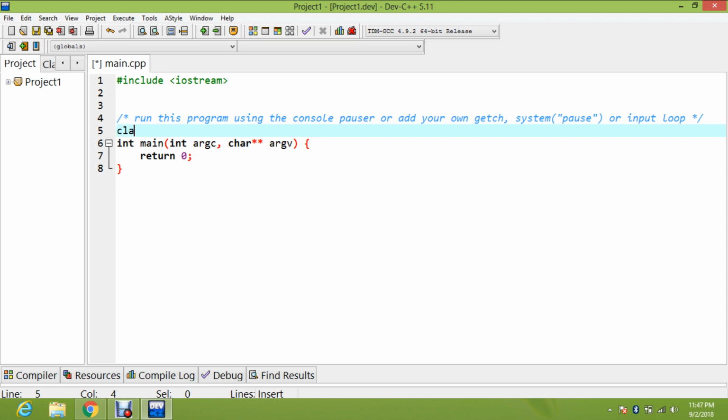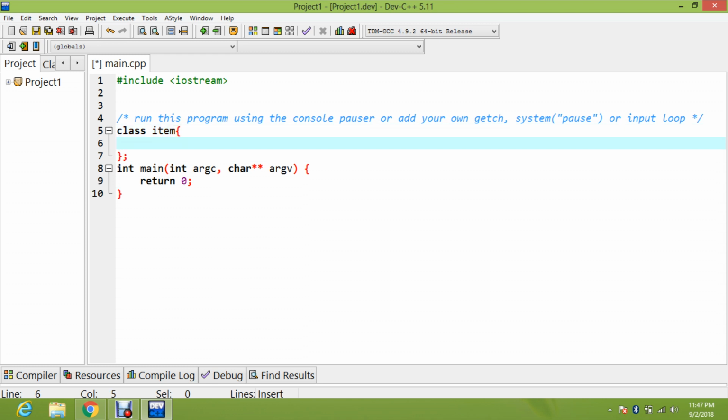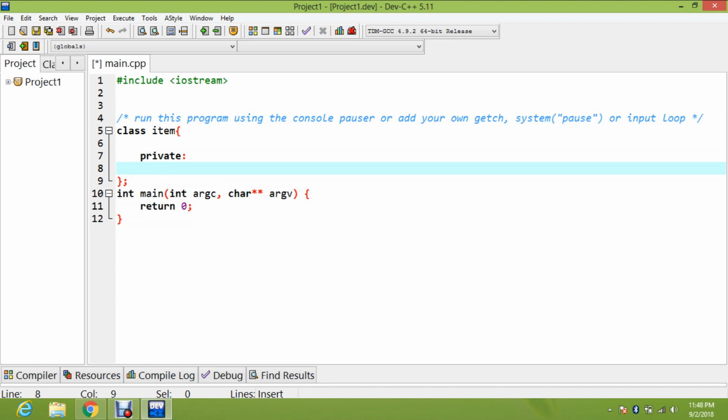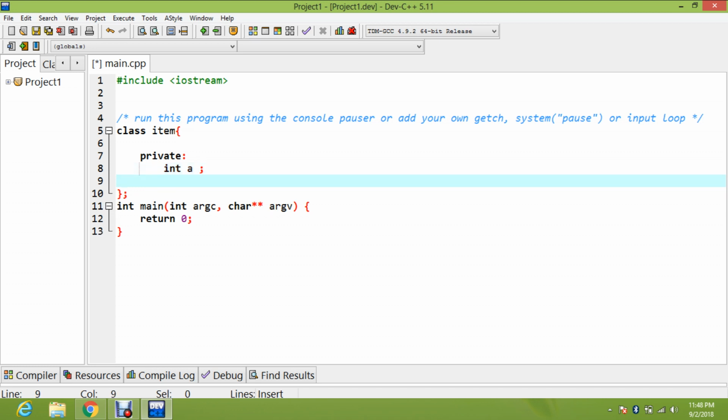So first I write the class and the name of the class, for example Item, and then the braces. This is my whole class. So here I write the data private. This is the data, and this is the access specifier private. Now I write int a. This is the data of the type integer, and public,